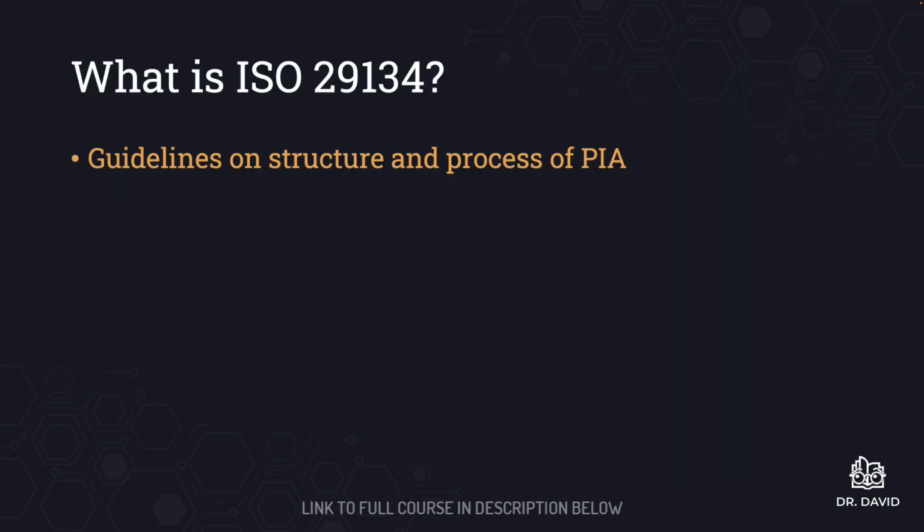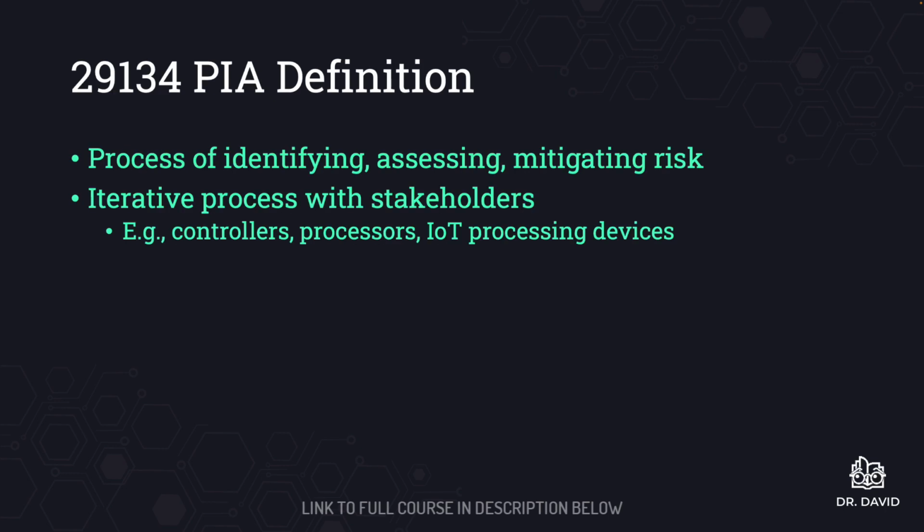What is ISO 29134, you ask? Well, it is the guidelines on structure and process of privacy impact assessments. 29134 defines a PIA as a process of identifying, assessing, and mitigating risk, which is awfully familiar with the other definitions we've already seen. It is also an iterative process with stakeholders to include data controllers, data processors, and IoT